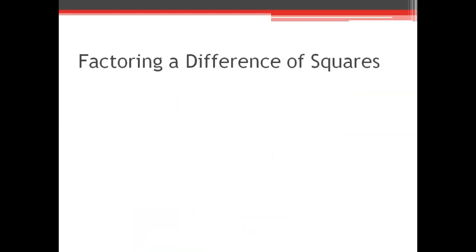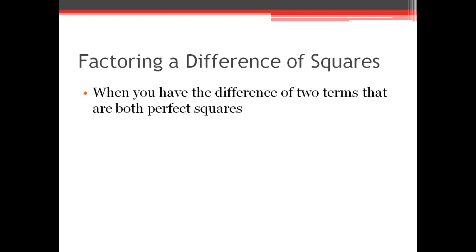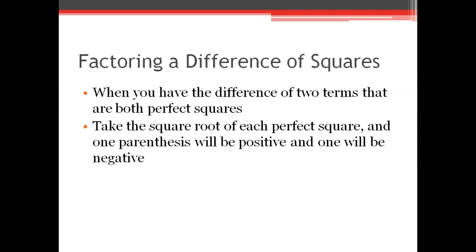All right, next, we're going to talk about how to factor a difference of squares. When you have the difference of two terms that are both perfect squares, that's when you're going to be using this method. It has to be a difference of two terms, and those two terms must be perfect squares. And then you'll take the square root of each of those perfect squares,